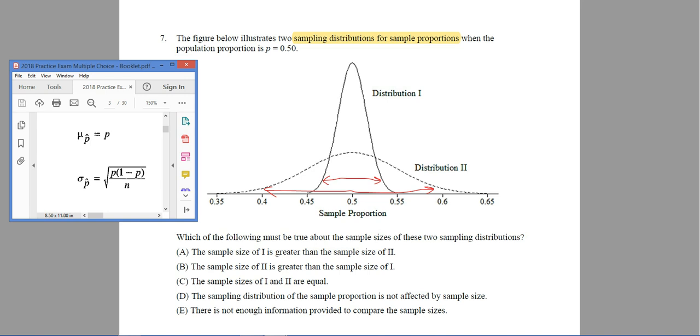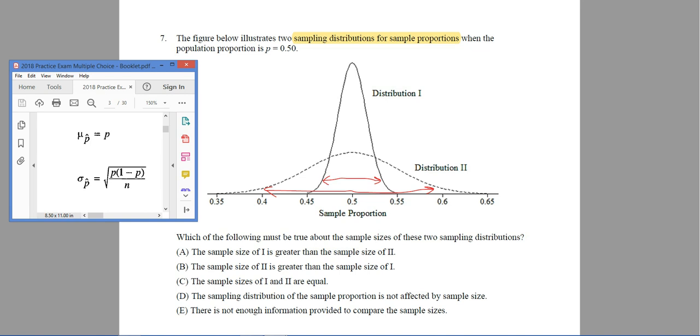Okay. Now the problem tells us that the population proportion is 0.50, so we're going to have 50% here, 1 minus 50% there. But the problem doesn't tell us anything about the sample size. And we see that that sample size shows up in the denominator in the expression, right? So,